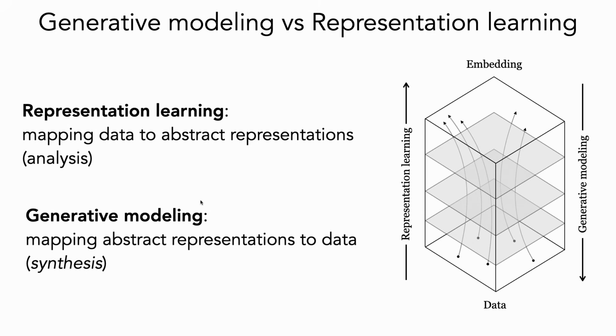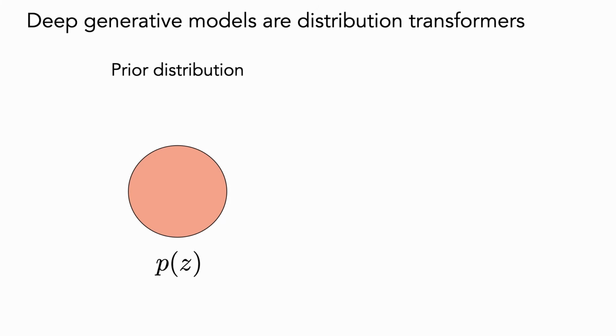And in this lecture, we're going to see a model that explicitly models both directions simultaneously. OK. So representation learning, mapping data to abstract representations, generative modeling, mapping abstract representations, like a text instruction, for example, to data. So make an image from some text. OK. So